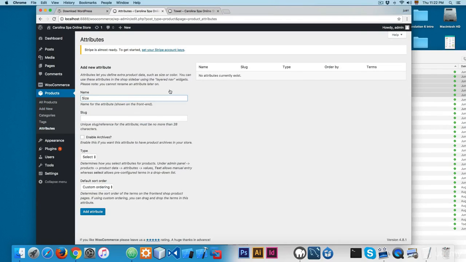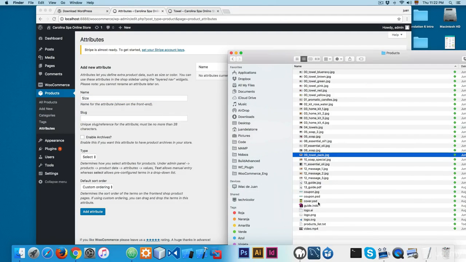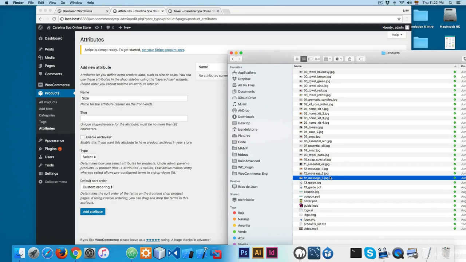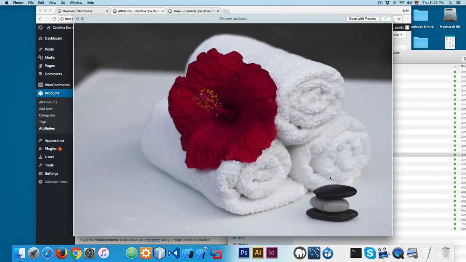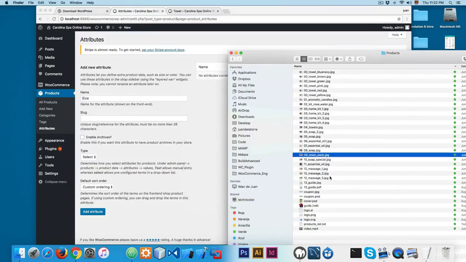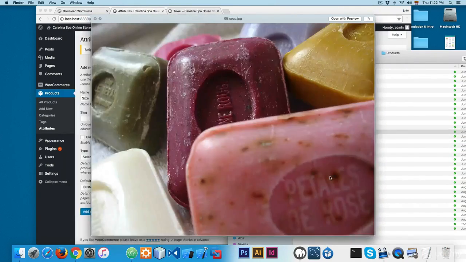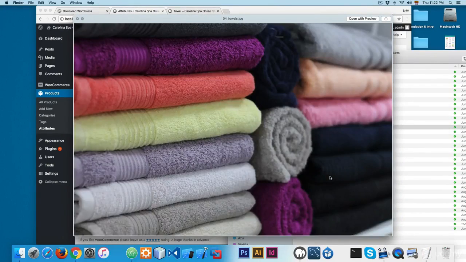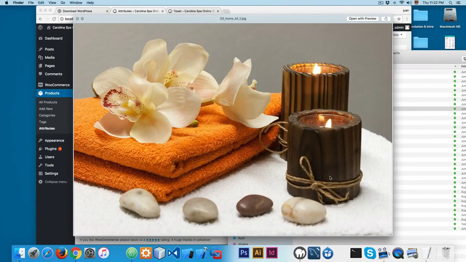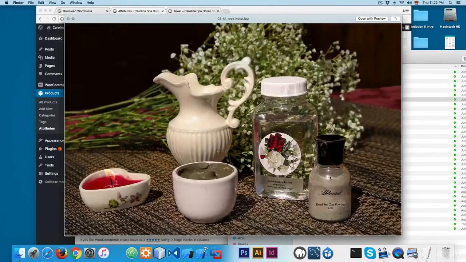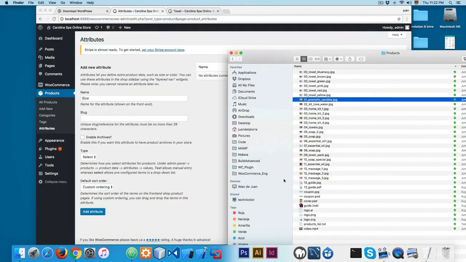So we're gonna add something called a global attribute. And this is going to be an attribute that you can use on different products. The size is really common. That is a global attribute. Because for example, you can see we have other towels and you can use the attribute right here. The same. And we have other towels right here. Maybe the home kits are also sold in different sizes, the candles and everything.